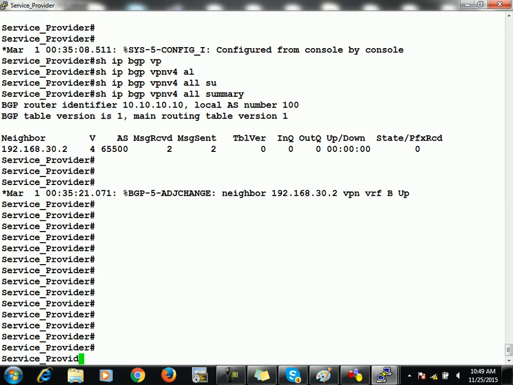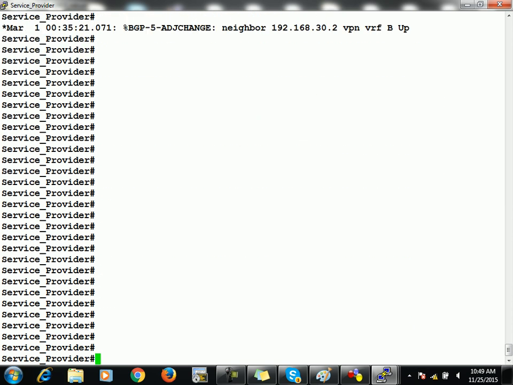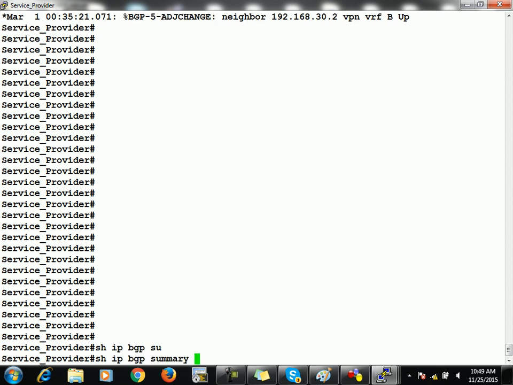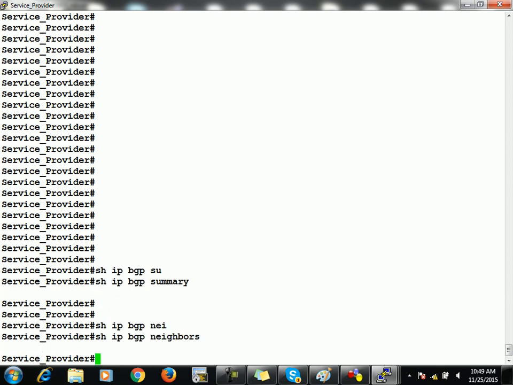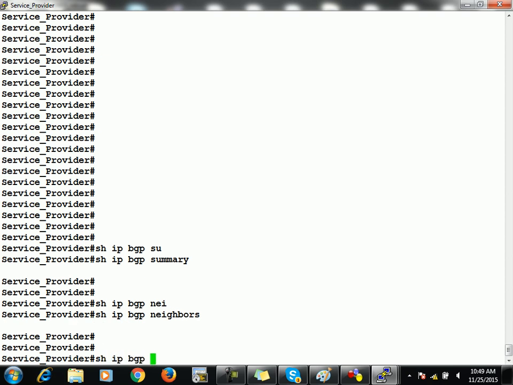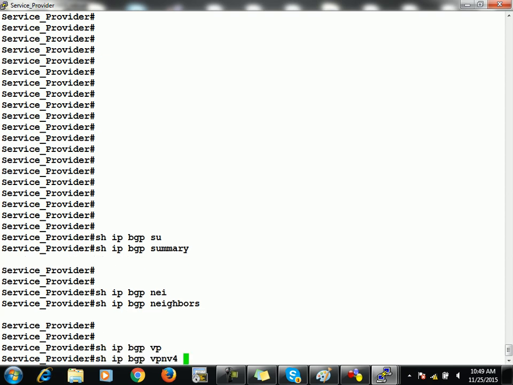And you know, the command will change now. If you are implementing BGP for VRF, you can't see your BGP peering in this manner. Show IP BGP summary, no. Show IP BGP neighbor, no. VRF works as a VPN for BGP. Remember, VRF works as a VPN for BGP. So you have to add this keyword: show IP BGP VPNv4. And if you are using IPv6, then you have to say